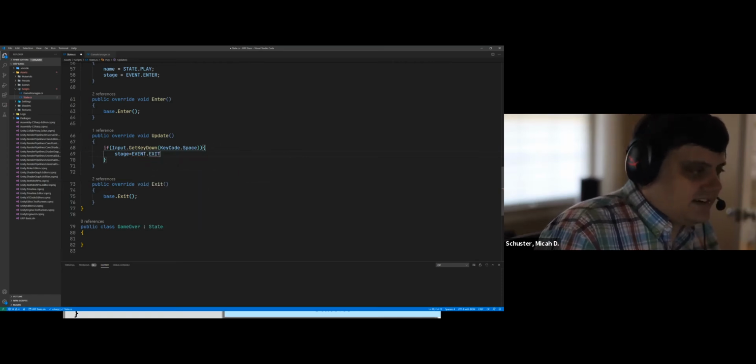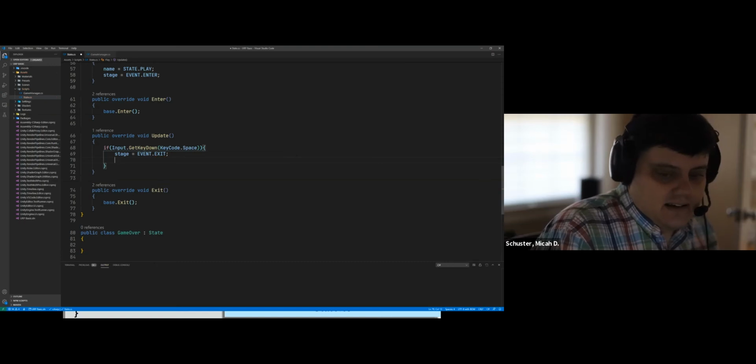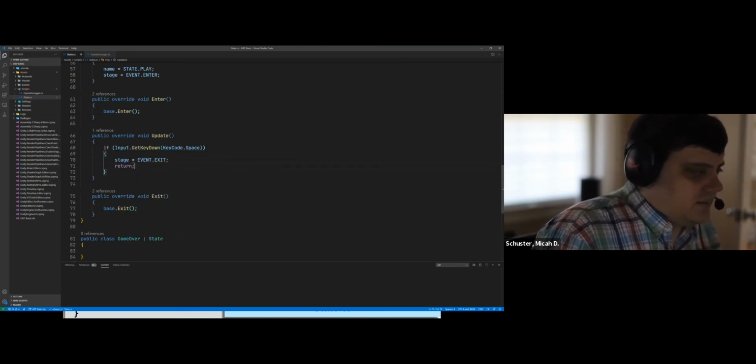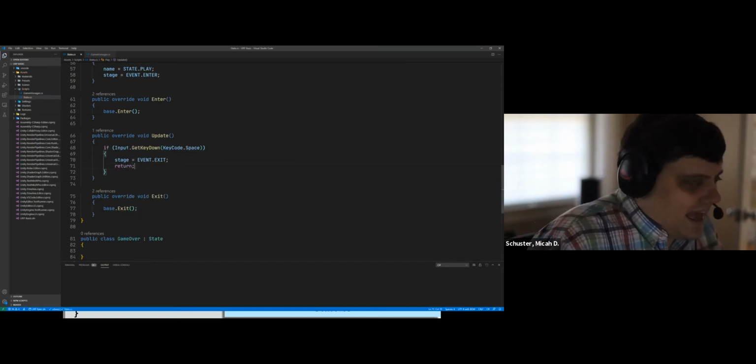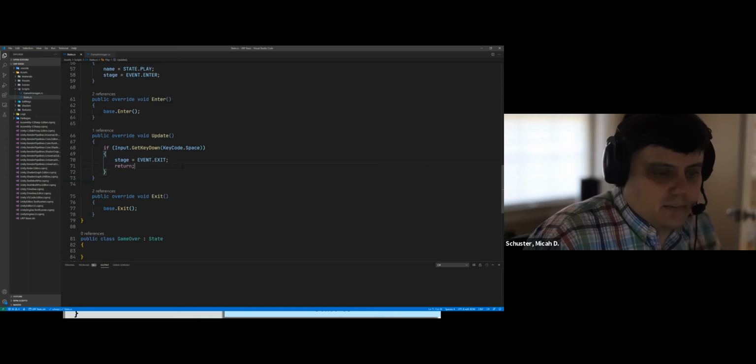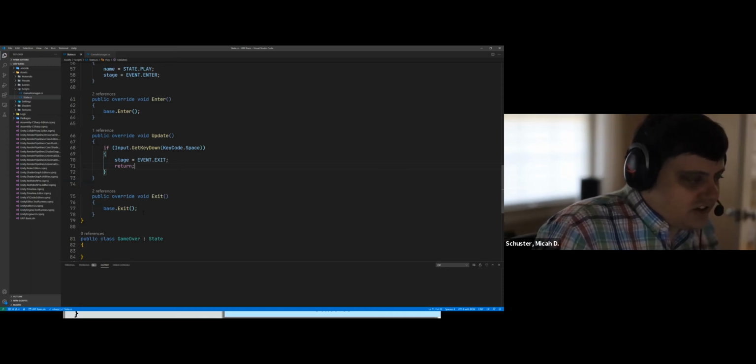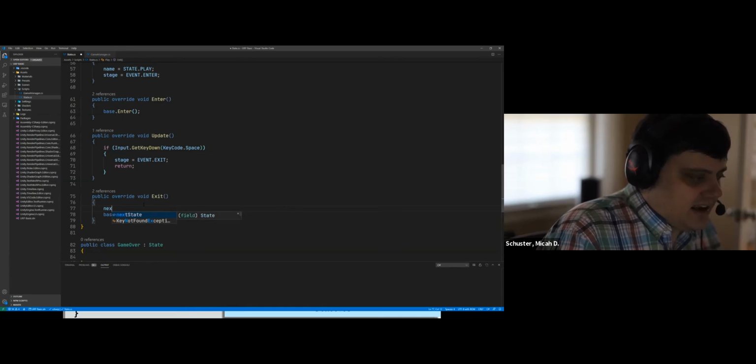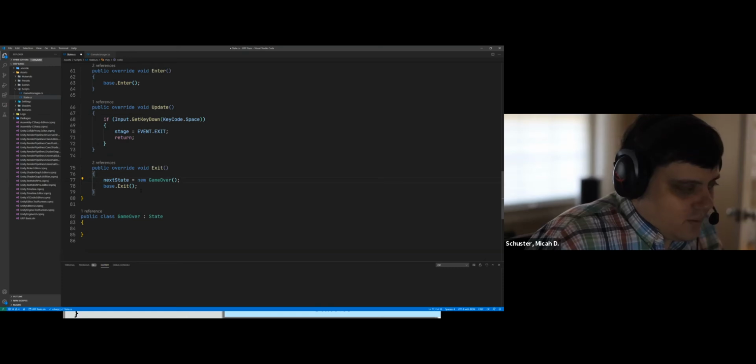So we'll exit this state, and in this case I'm just going to return. We're going to exit the state if we press spacebar. Well, what should that do? That should immediately run this. So I'm going to say nextState equals a new GameOver. Now, we obviously haven't coded GameOver yet, but